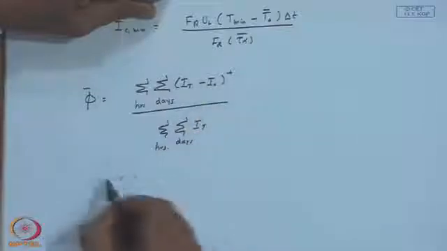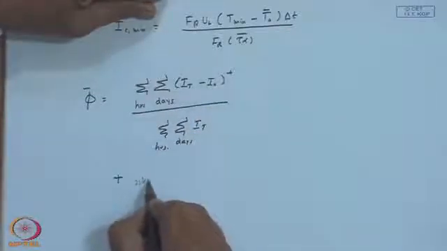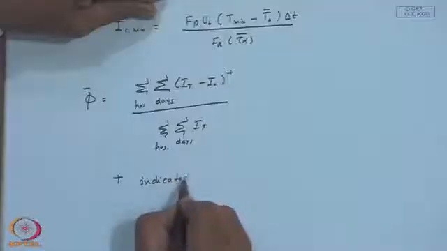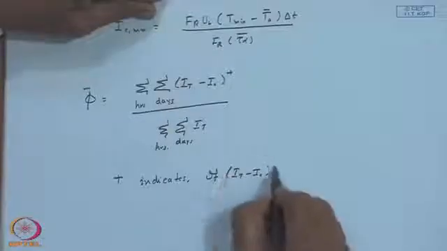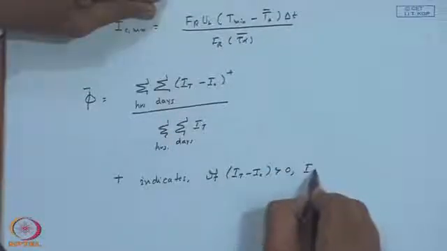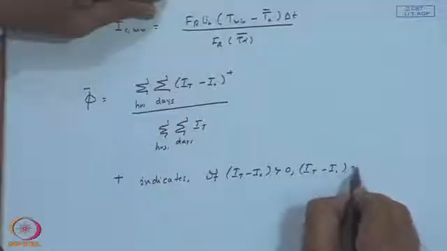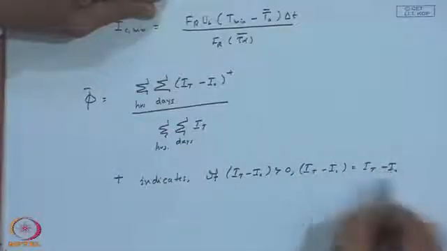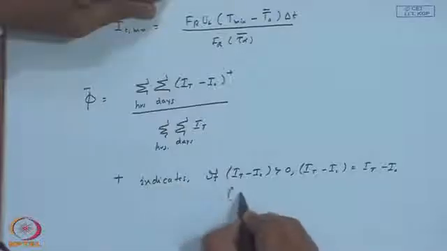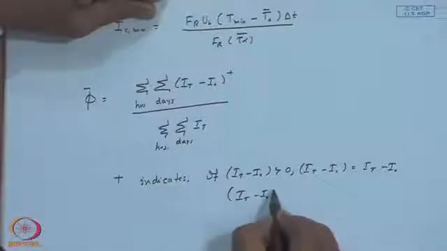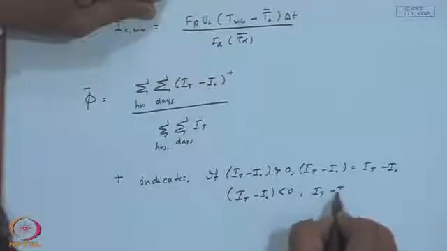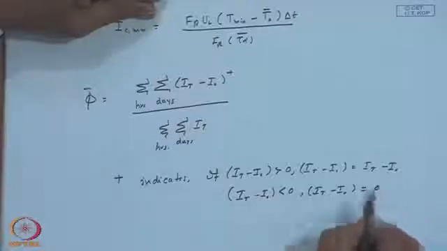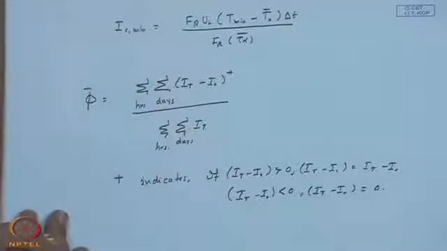That means, if I t minus I c is greater than 0, it equals I t minus I c, and if I t minus I c is negative, it is set as 0, which means, again with reference to the figure,